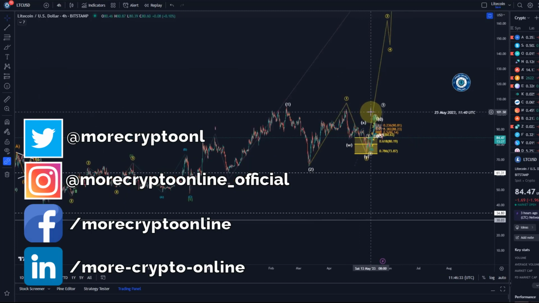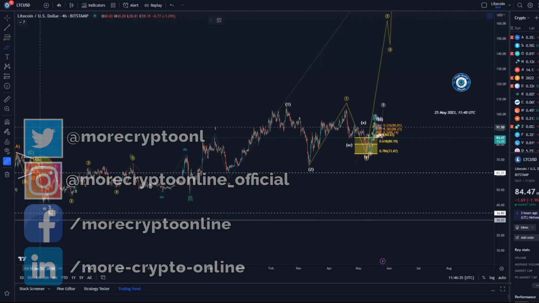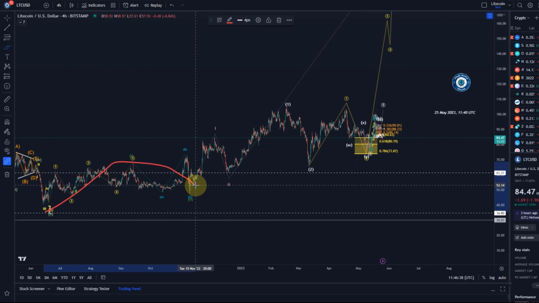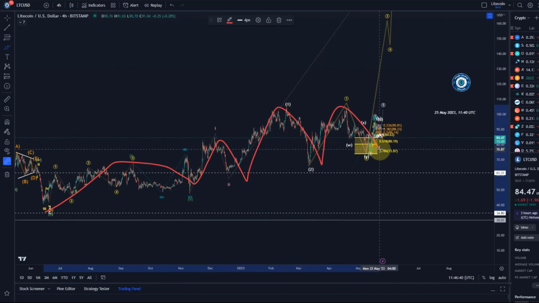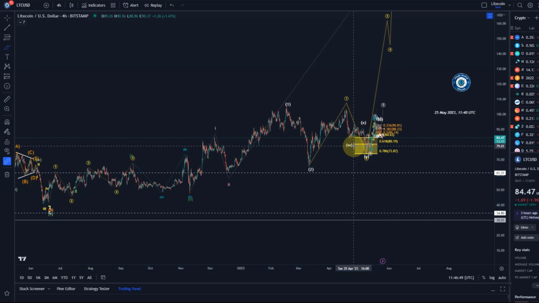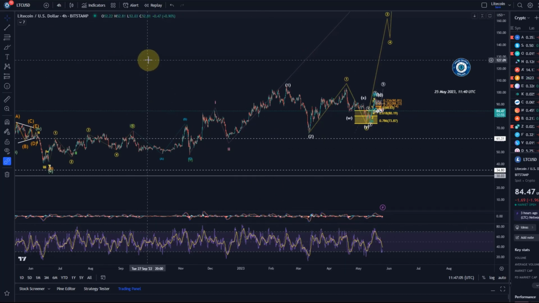The main problem with the Litecoin chart is that we have a supercharged 1-2, 1-2, 1-2, 1-2 setup, which is getting increasingly, well, less likely, right? The problem in the short term is that having four 1-2 setups in a row is in itself rather unrealistic, because you have too many overlaps and it never really fired through. You start to get these bearish divergences and things like that, at some point.